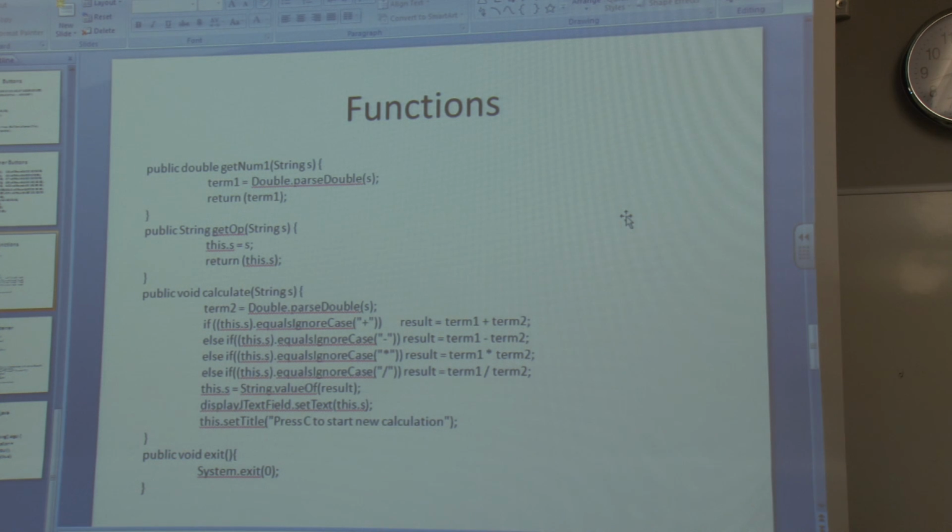So these are some of the functions used in the calculator GUI. This is not from the button handler. So this is just basically